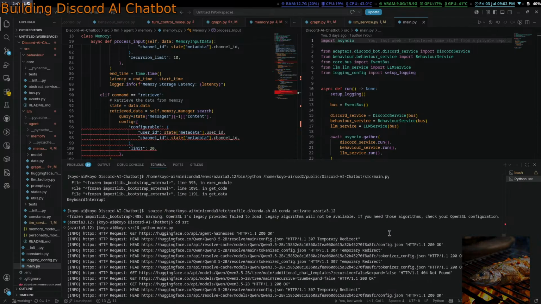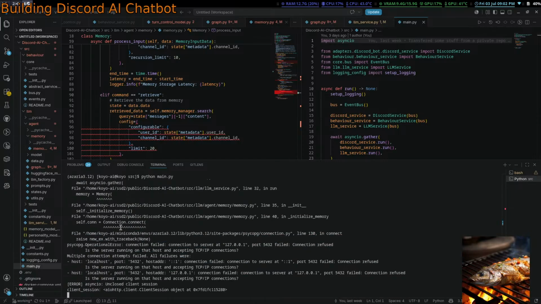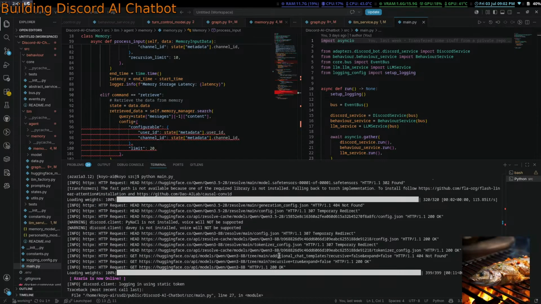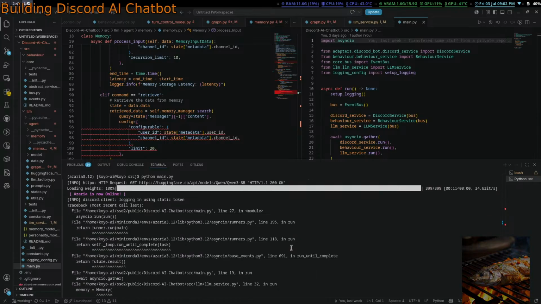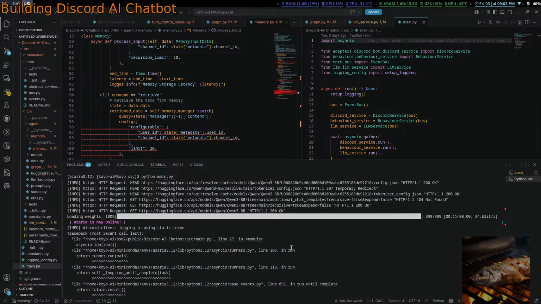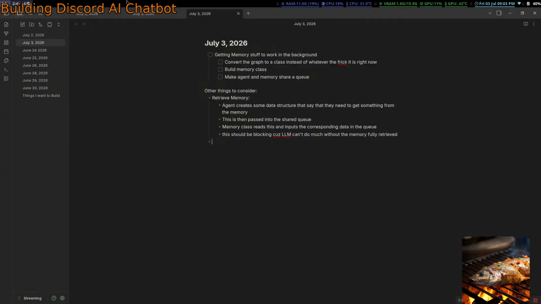What? Okay, I guess none of it's my stuff. I thought I would have funny colors. I don't see funny colors. What? Oh, this is a Docker. I keep forgetting to open the Docker thing.